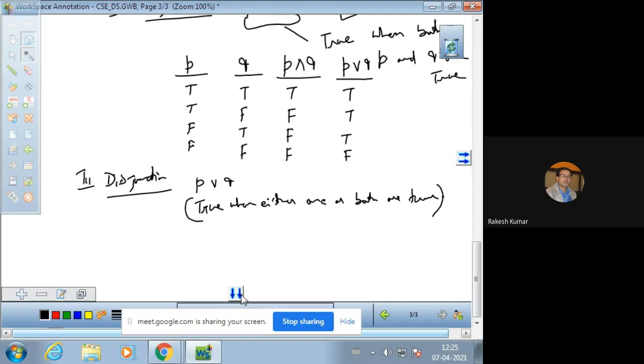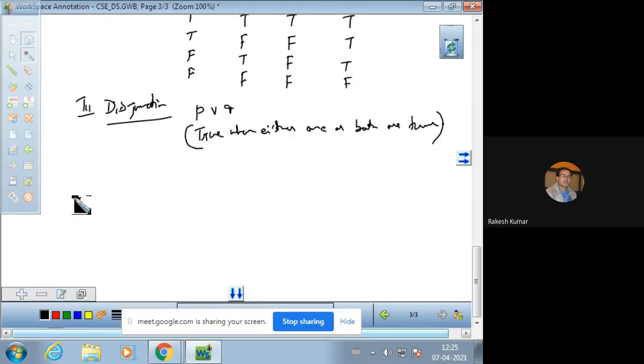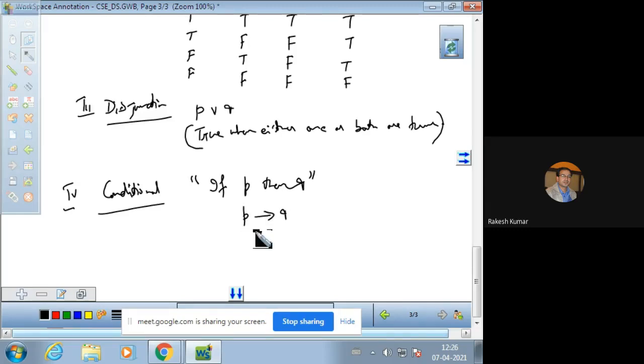Now, we have one more connector, but this is not a fundamental connector. Fundamental connectors are only three: conjunction, disjunction, and negation. Now, one more connector is there, that is a conditional. Conditional statement will be written like this: if P then Q. You must have heard about this in English literature. If a P statement is there, then Q will be there, and these are called conditional statements, and it is generally denoted by an arrow symbol.